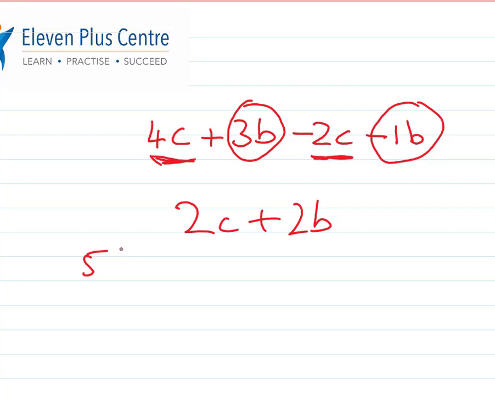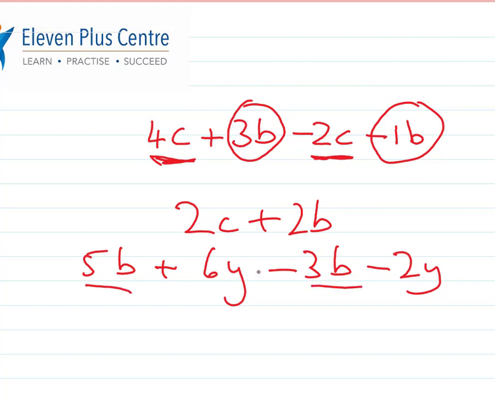Let's say 5b plus 6y take away 3b take away 2y. Okay, so again, let's underline the like terms. Let's put a dot on top of the other like terms. So 5b minus 3b. Lots of people make mistakes because they look at the 5b and they look at the